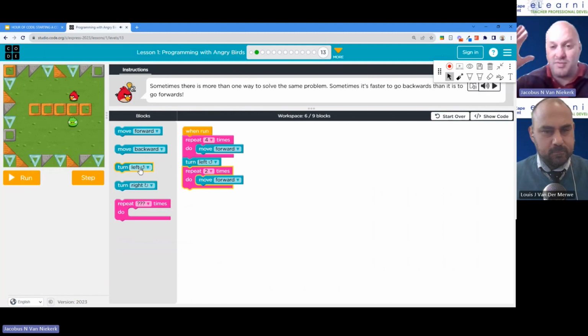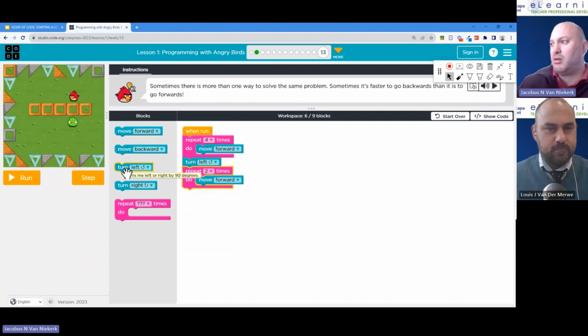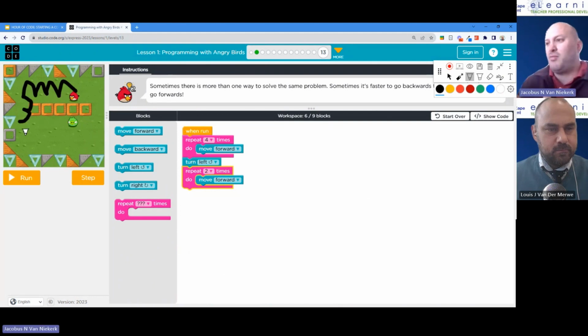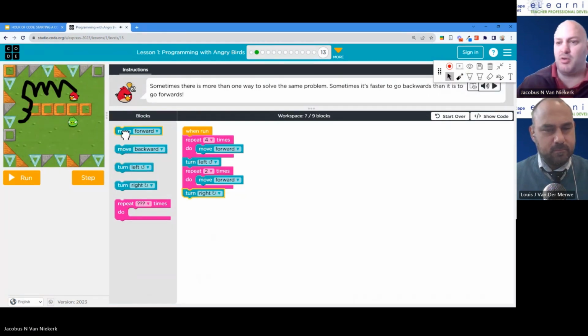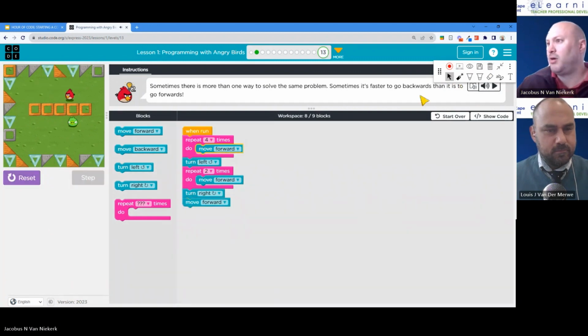Now this is the visualizing the part of the world thing that Louis spoke about, because I now need to imagine what's going to happen when all of this has happened. Where is my little bird going to be? So at this point, I'm going to move 1, 2, 3, 4. Then I'm going to turn. So now I'm facing the next direction. I'm going to move 1, 2. So now am I going to turn left? I'm going to turn right. I'll say we'll turn right. And then I'm going to say move forward. Let's see what happens to my little bird. Right, there he goes.